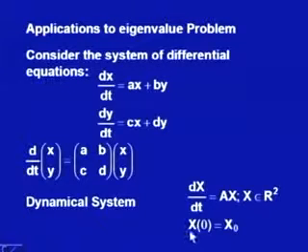So, we specify the initial conditions as x at t equal to 0 is equal to x naught. Actually, this condition simply means that x at t equal to 0 is x naught and y at t equal to 0 is y naught. So, that initial condition is also written in a compact form, and this system is called a dynamical system. We call it a dynamical system because it is changing with time. So, we are considering how the dynamics of the vector x is changing with time. So, that is the meaning of a dynamical system.